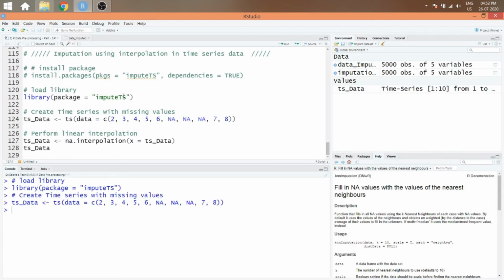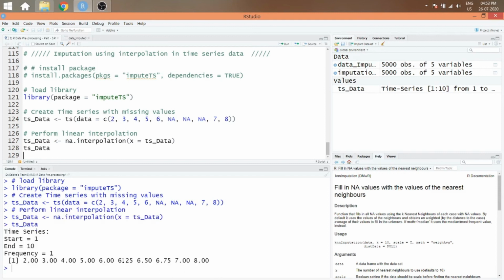In line 127, we are imputing the time series data using the na.interpolation function. As displayed in the console, the NA values are replaced with 6.25, 6.5 and 6.75 after the na.interpolation technique. This is how the na.interpolation technique works.